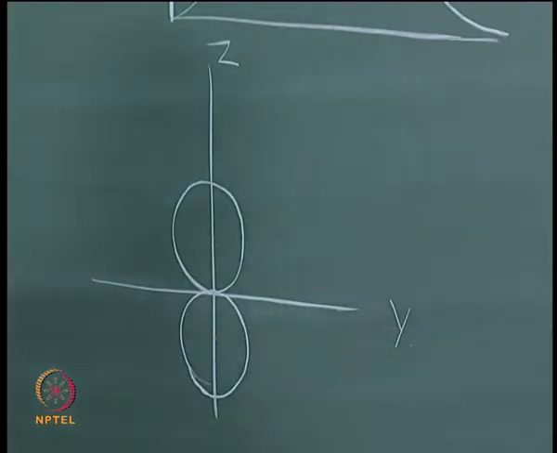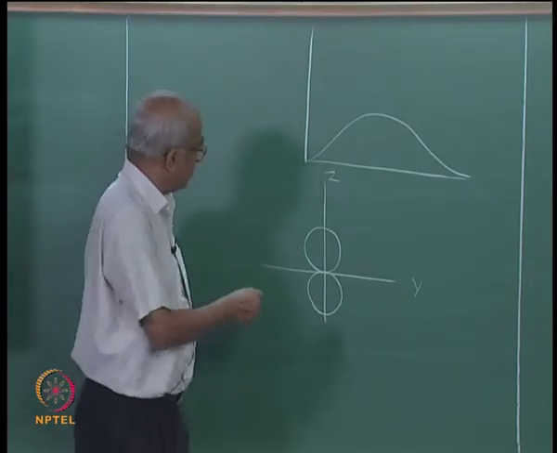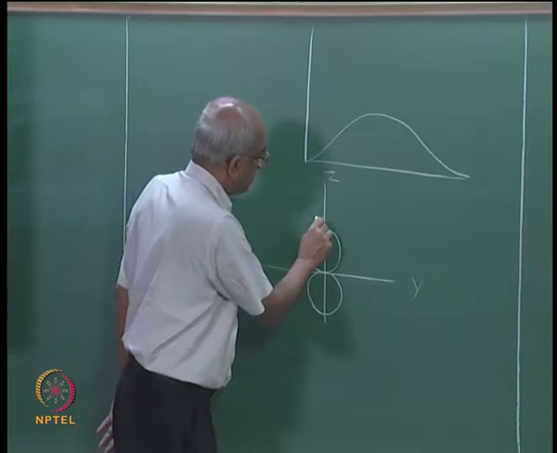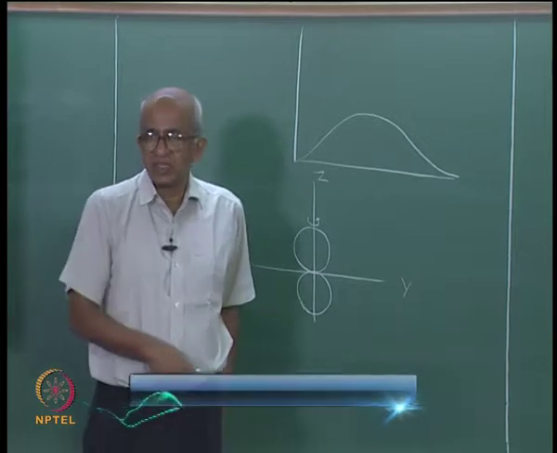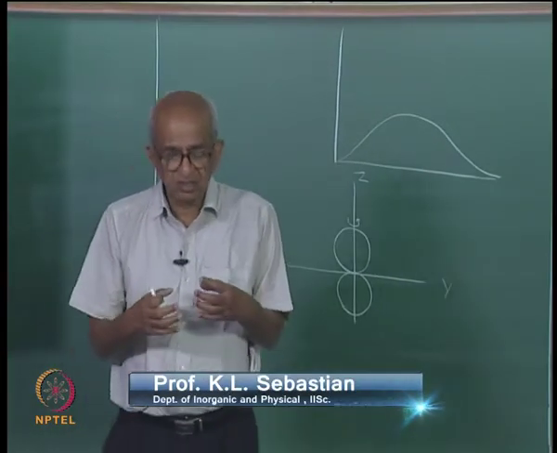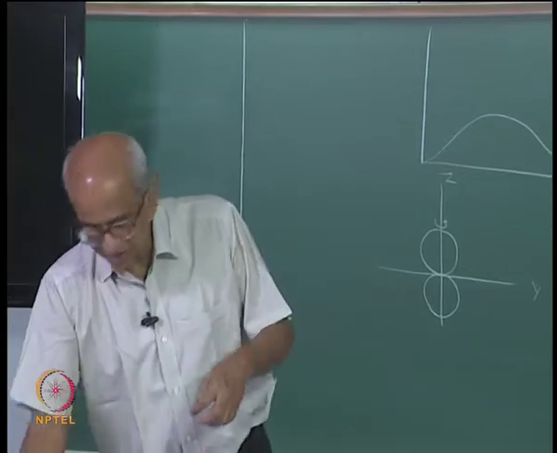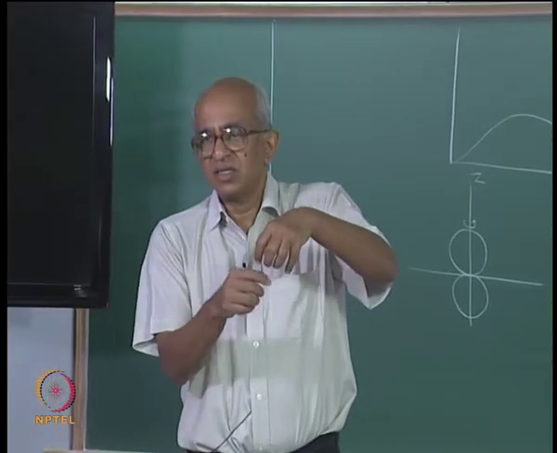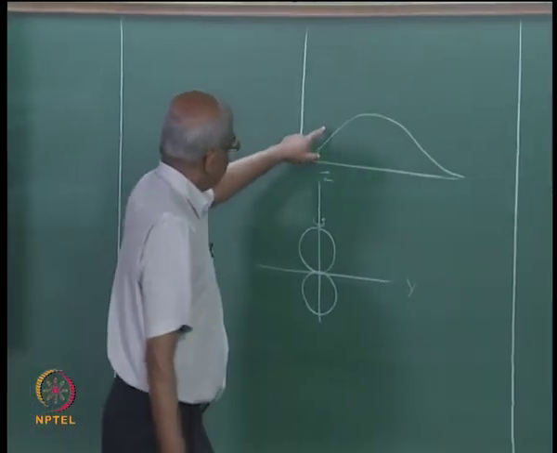And I also argued that if you wanted to get the 3-dimensional appearance of this polar plot, what you should do is take this figure, rotate it about the z axis, and then you will realize that the two circles will describe surfaces of two spheres just like that touching each other at the origin. So, this is the angular dependence, that is the radial dependence.